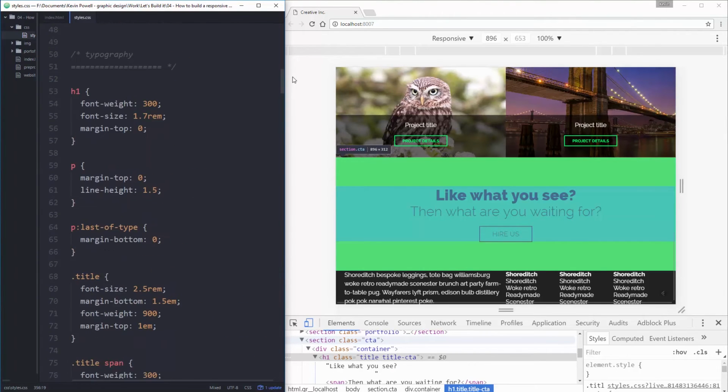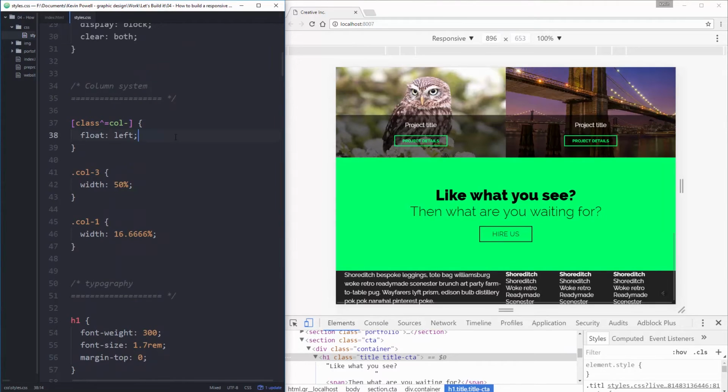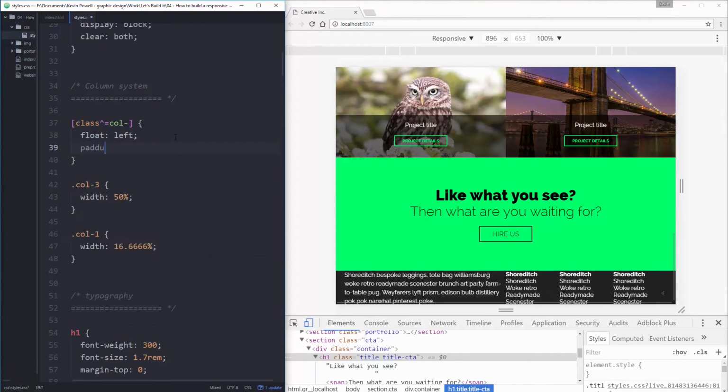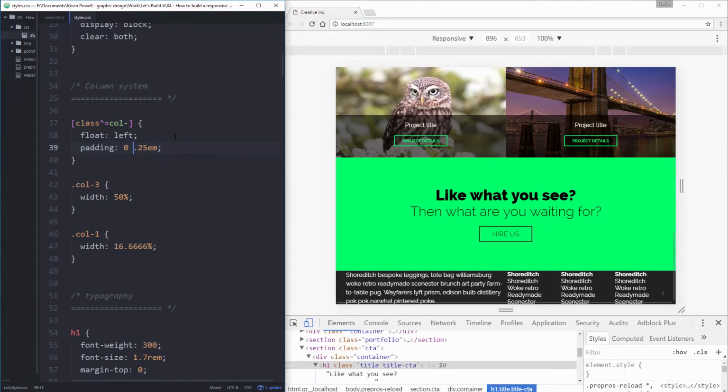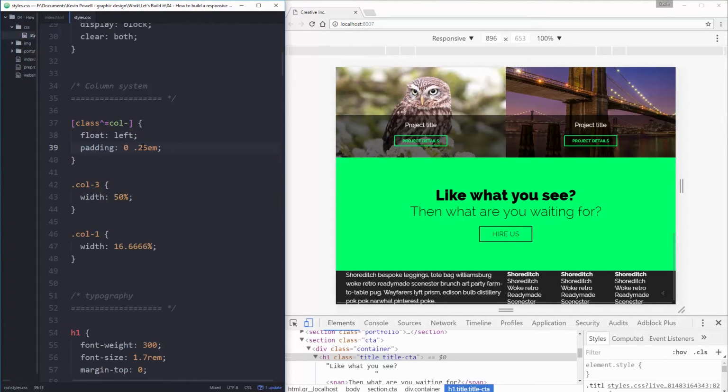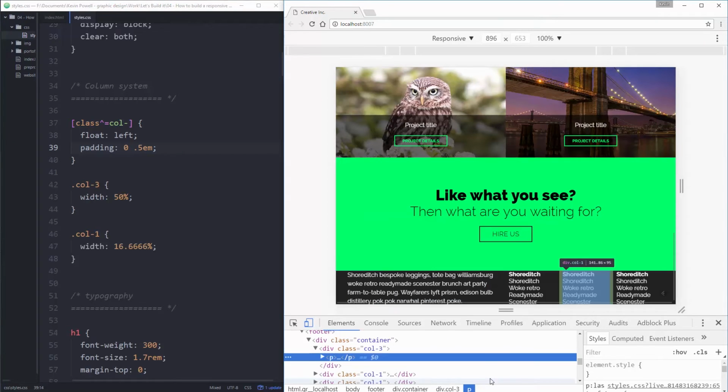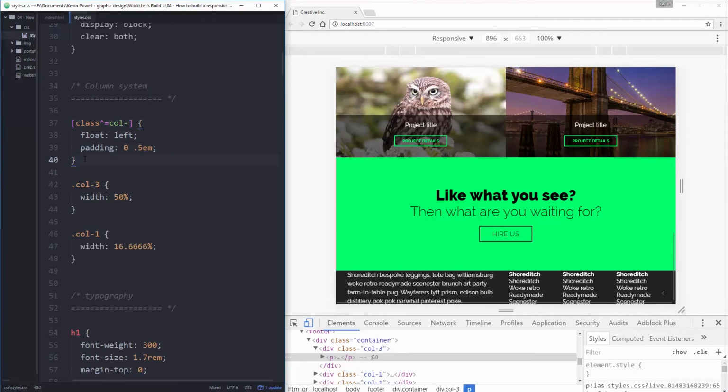All the way back up to our column system. All my columns will have a padding of, let's try 0.25 em. And I don't want it on the top. 0.25 em. 0.5. I don't want it to be too big. And let's just do an inspect on that. That looks pretty good to me. I'd be happy with that. Except the first one shouldn't have any padding on the left, and the last one shouldn't have any padding on the right. So we can copy that